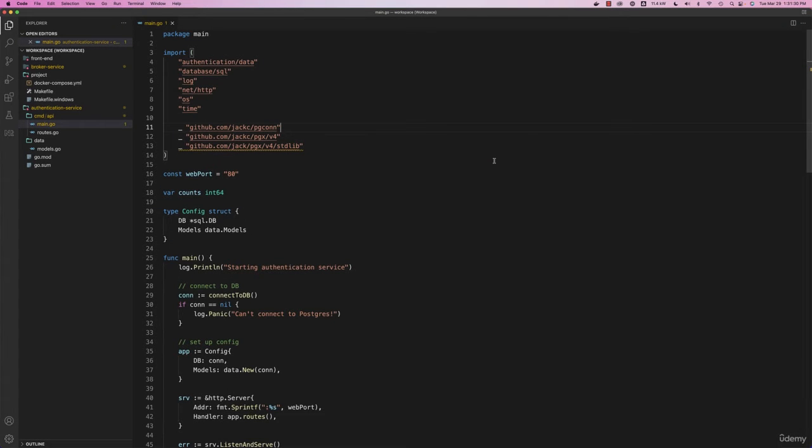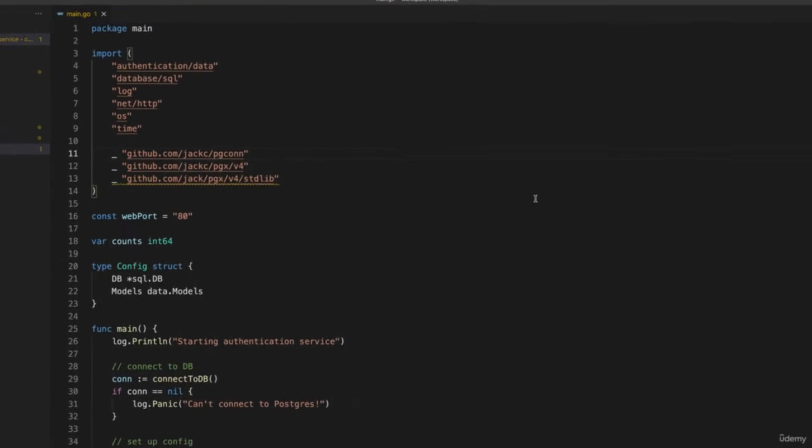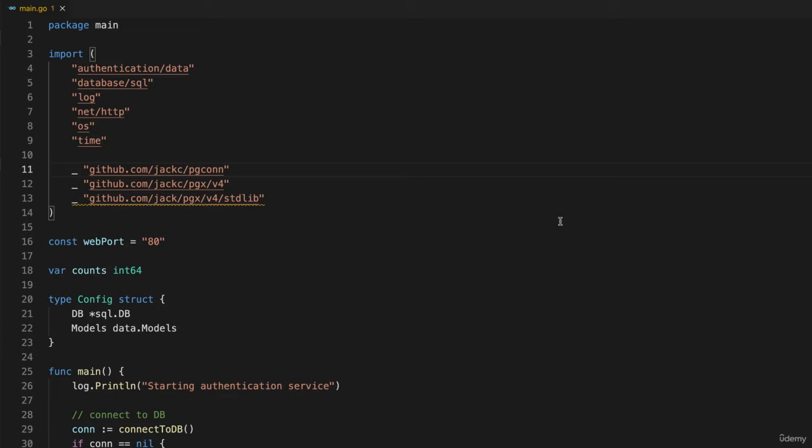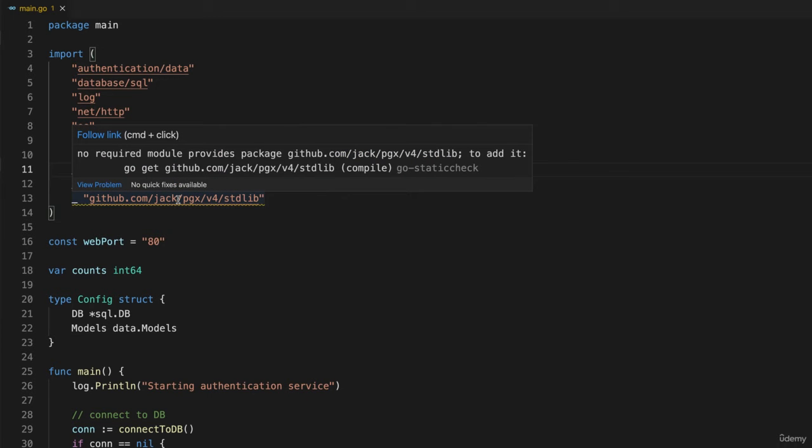So we have the code in place that will allow our microservice to connect to a Postgres database, and now we want to actually set up a Postgres database and a Docker file and update our Docker Compose YML and so forth. But before we do that, as usual, I had two typos in the main.go file inside the authentication